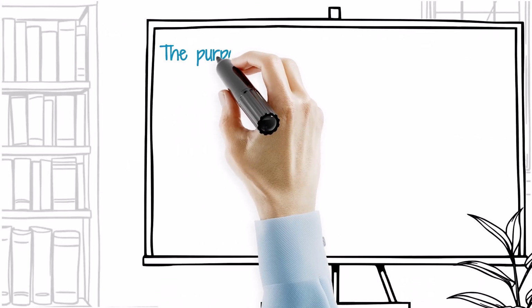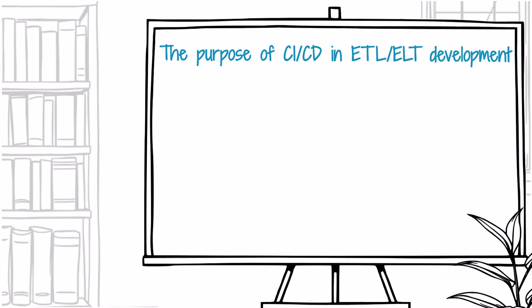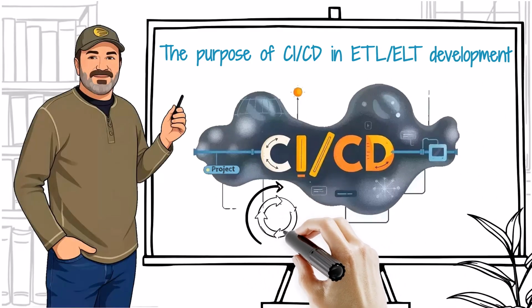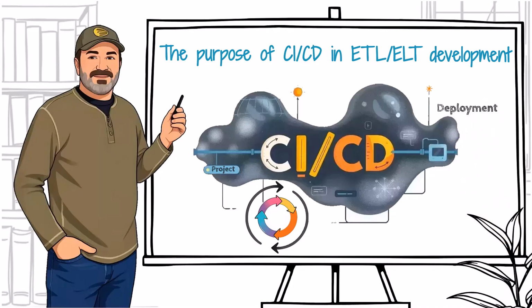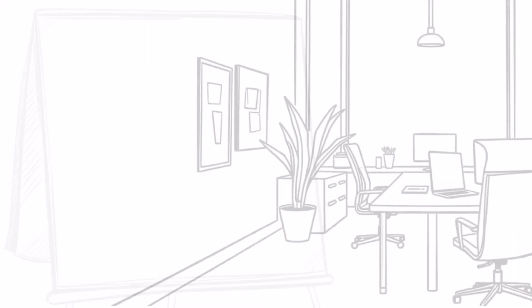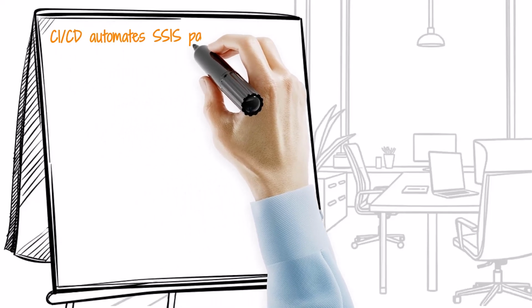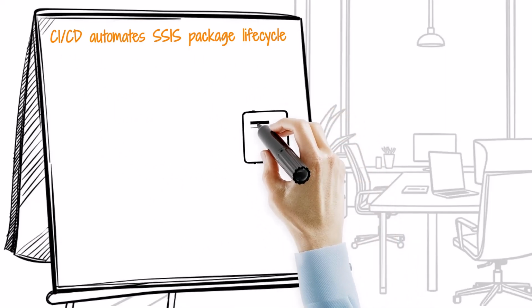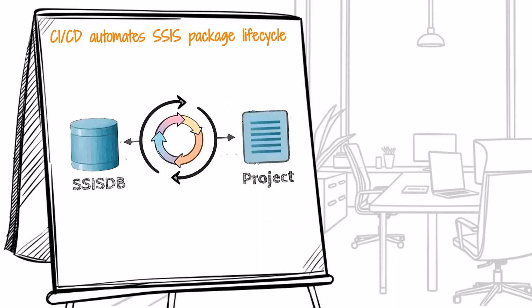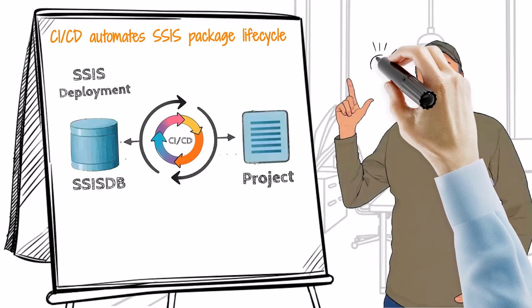So how do we bring CI/CD into the picture? The goal of CI/CD is to automate the software release process. This improves efficiency, reduces errors, and ensures faster updates. In the context of SSIS, CI/CD can automate building, testing, and deploying integration packages. Using CI/CD approaches means that every code change made is automatically tested and an error-free version of the code is